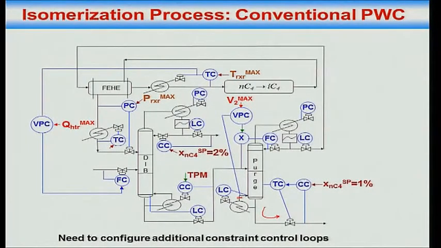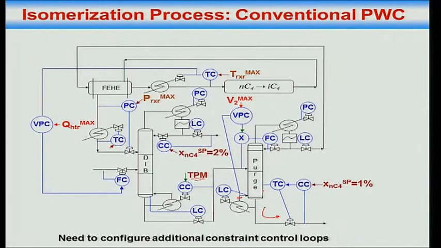Okay, so this thing comes into being, and then what do I do? Then this is my throughput manipulator. I keep on reducing the composition of IC4 leaking down the bottoms. So in this column, when you increase the reflux, the amount of IC4 going up the top is reduced. So how does that increase the boil up? Well, if you are increasing the reflux, you are putting more cold stuff in. But then IC5 has to leak down the bottom. So how does that increase the boil up? Yeah, that's what I am saying.